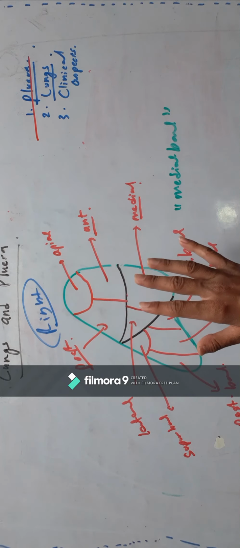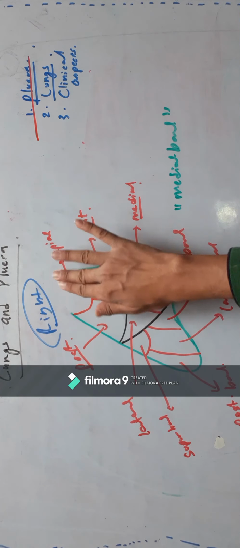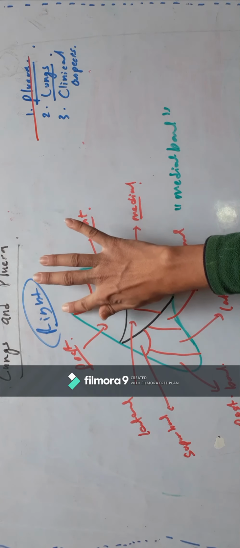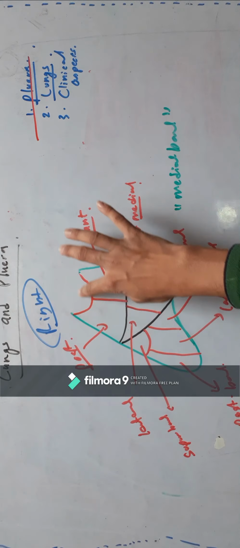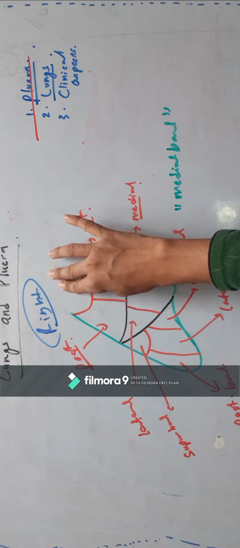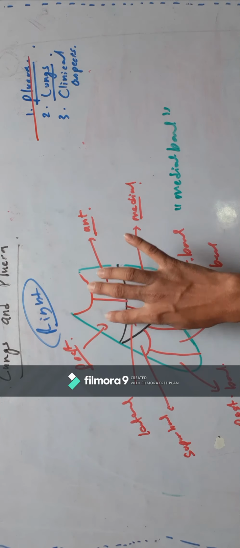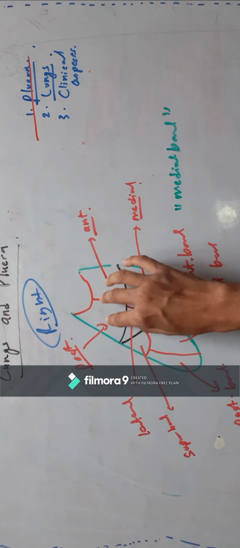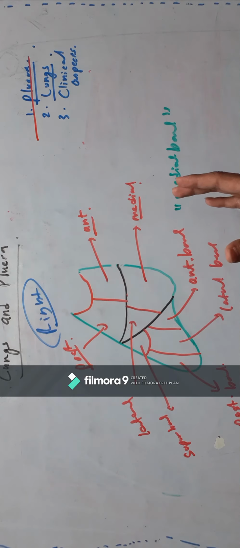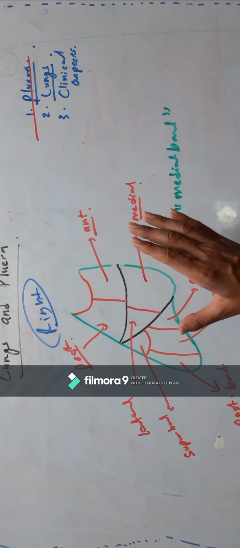What does that mean? Even if I remove, say, this top segment, and the lung has this top segment removed, the lung will function normally. So these segments are not functionally related to each other, they can function independently. So it is very useful in surgery because